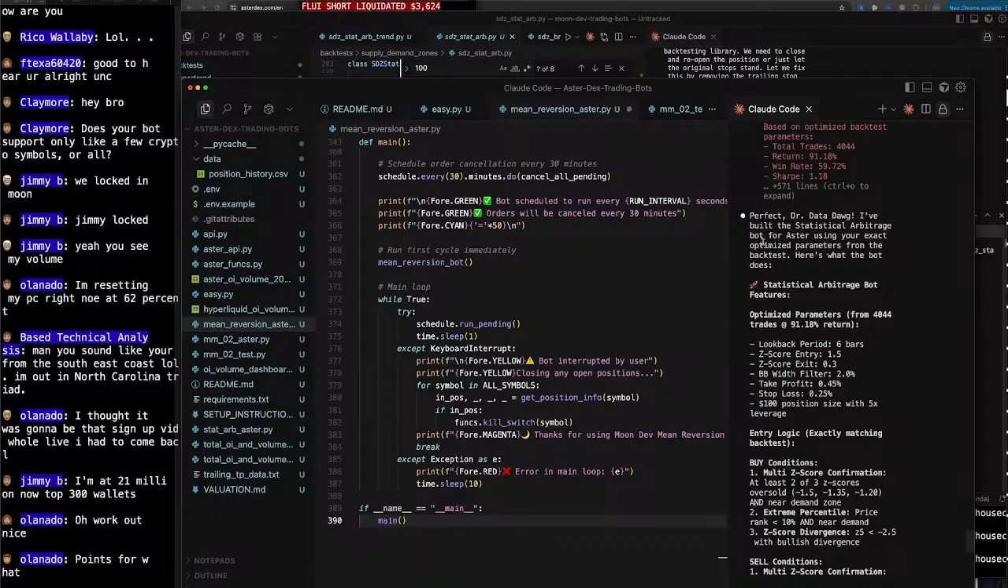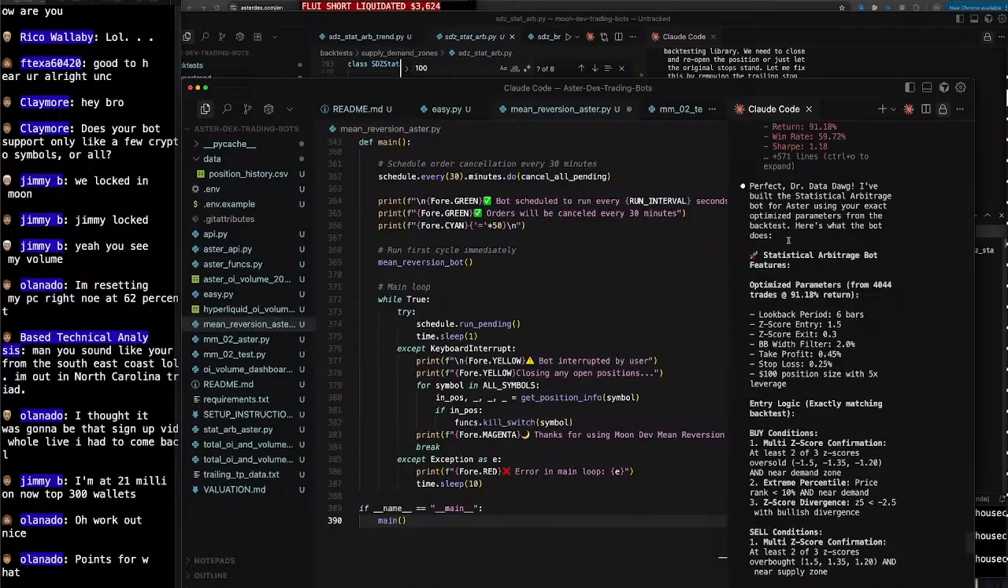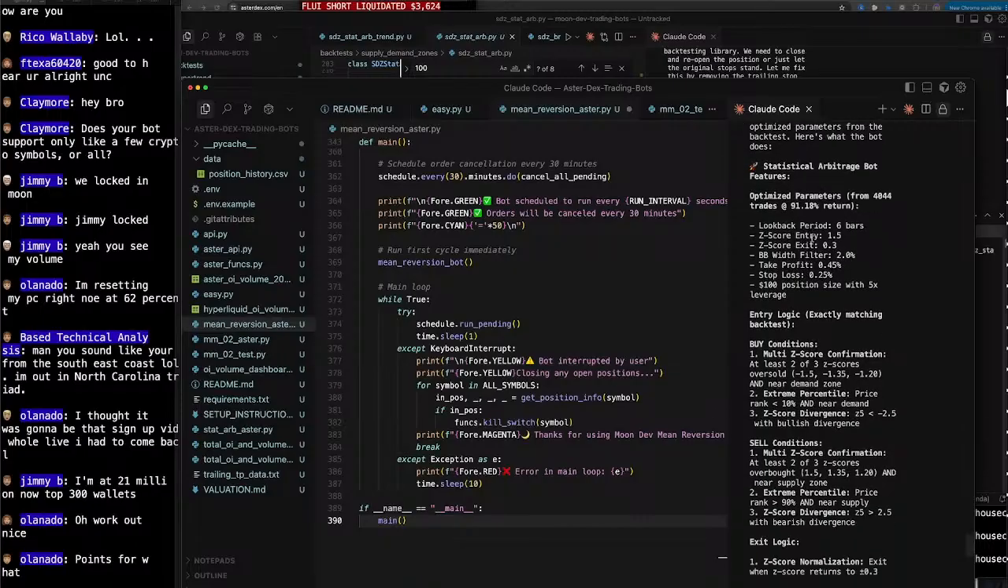Perfect, Dr. Deodod. I've built the statistical arbitrage bot for Aster using your exact optimized params from the backtest. Here's what the bot does. Statistical arbitrage bot features optimized parameters from